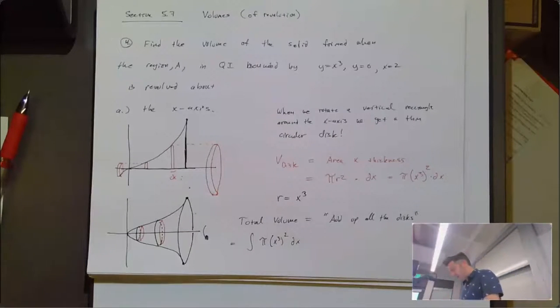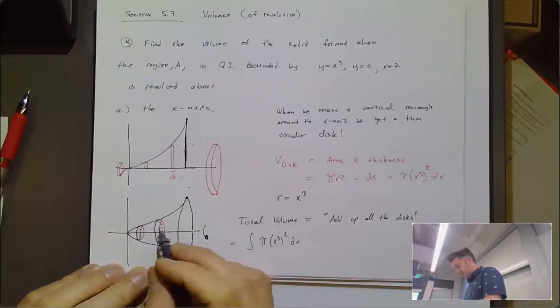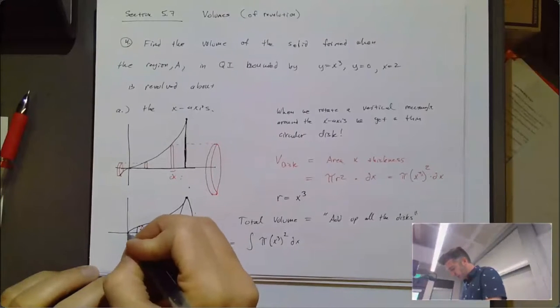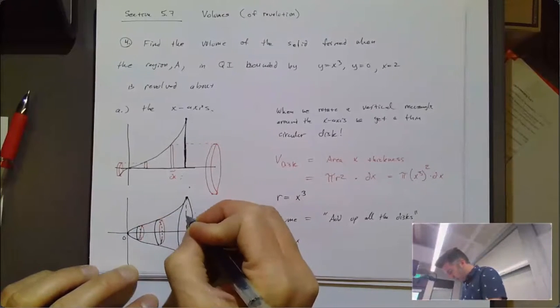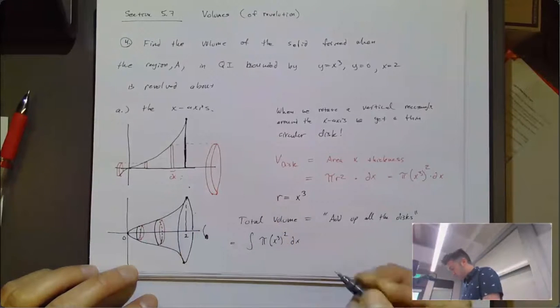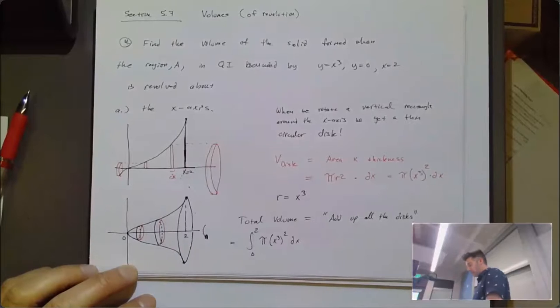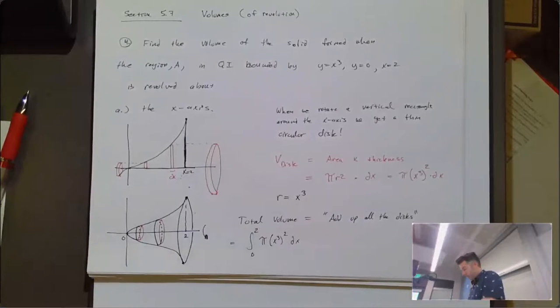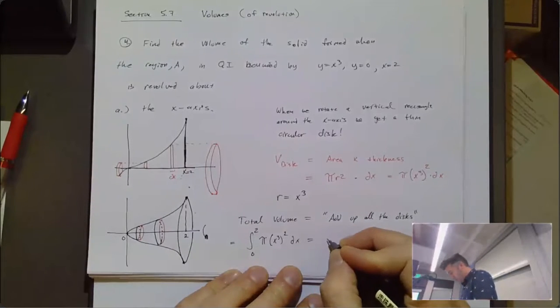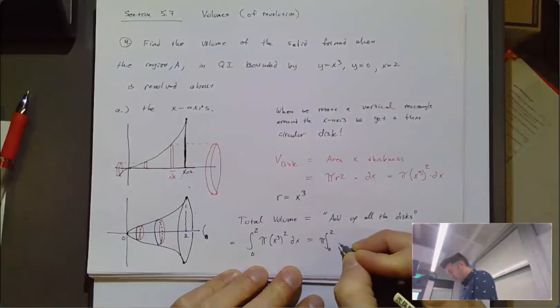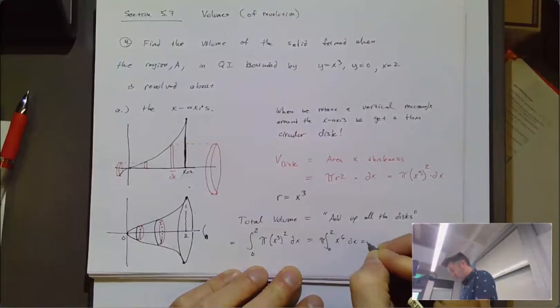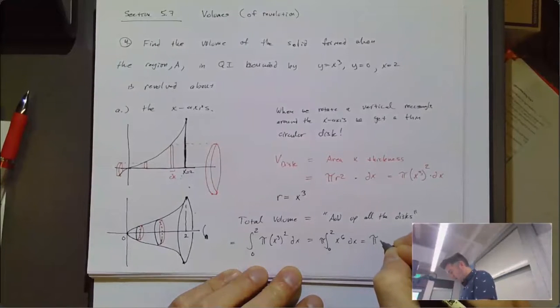I highly recommend it. But here we're adding up all the disks, and the disks go as far left as 0 and as far right as x equal to 2. So that's how we're going to find the volume here. It's going to equal the integral from 0 to 2. We can bring out the pi of x to the 6 dx, and then we're going to get pi times x to the 7th over 7